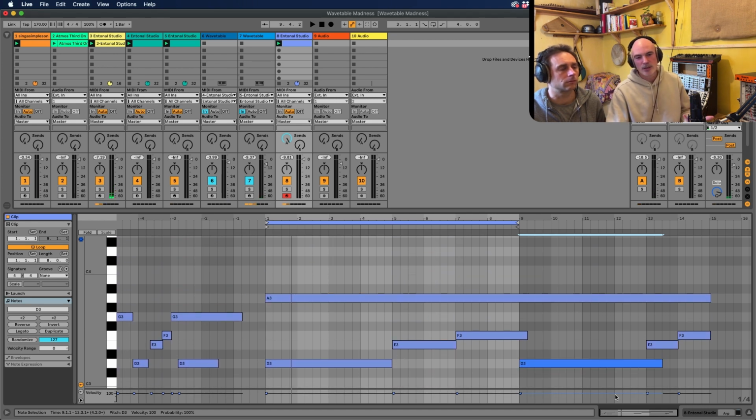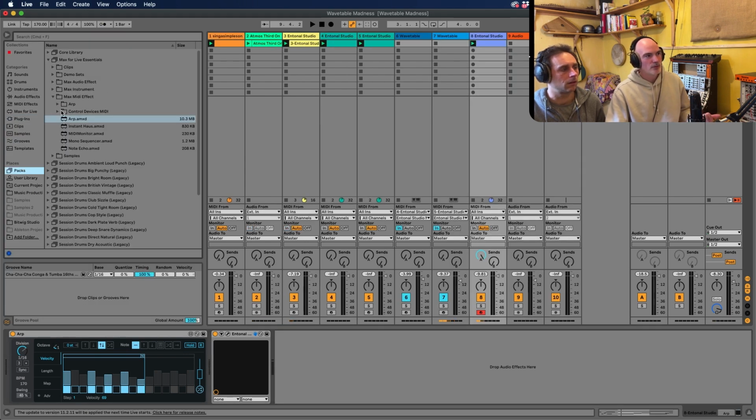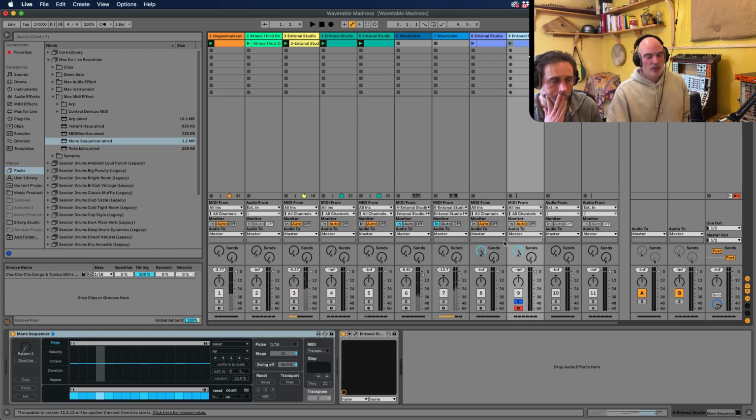So this is one arpeggiator that you can do that can be really handy, and you can find this here. You can go to the Max for Life Essentials, go to Max MIDI Effect, and you'll find the arp right there. But there's also another one that's really cool, which is called the mono sequencer. Okay, let's go. So now you can hear that if I press play, nothing plays. So it's basically waiting for me to actually hit the key, right? So then once I hit the key,